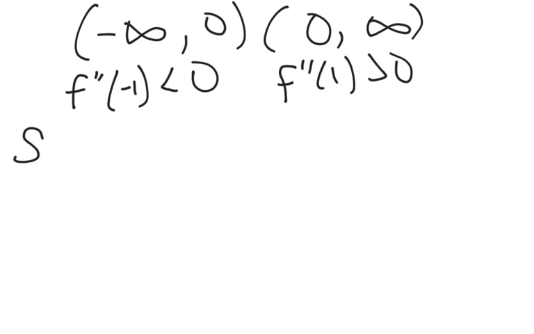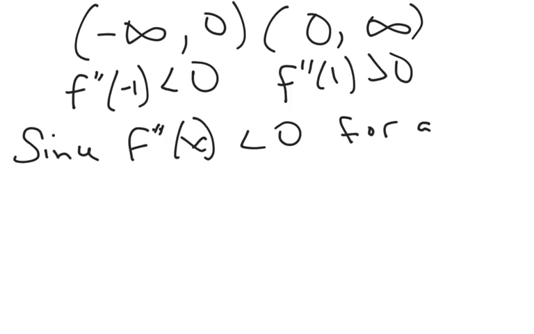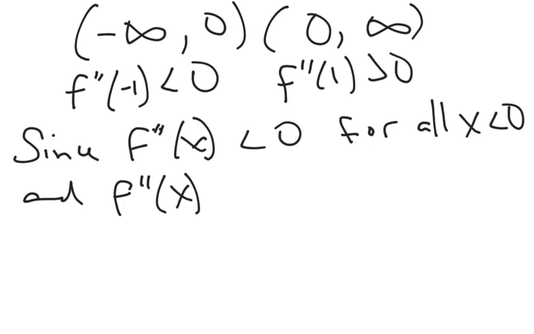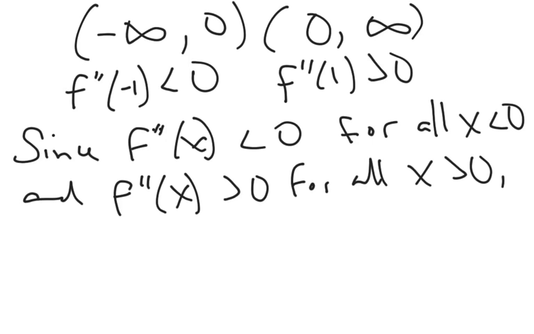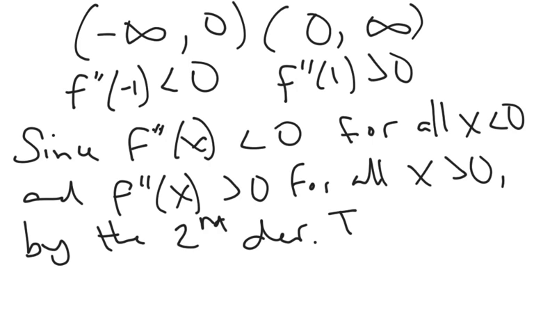And we say something like this: since f double prime of x is less than 0 for all x less than 0, and f double prime of x is greater than 0 for all x greater than 0, by the second derivative test. I'm sorry, that is not true. By the first derivative test